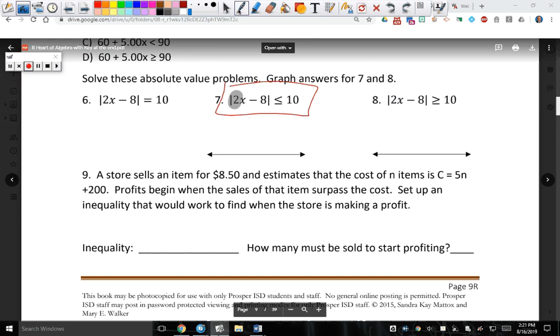When that coefficient is not 1, I prefer you to set it up and do it the longer way, quote unquote. Yes, Jack? So you take the bars away and then do plus 10. Yep, so you have this, is this, and then the other one would be what? 2x minus 8 is greater than or equal to negative 10. Solve it out, layer it, and you're good to go. Awesome job. Please make sure to plug in your